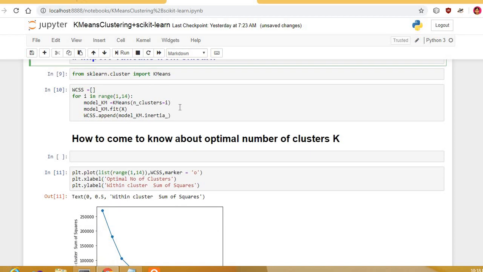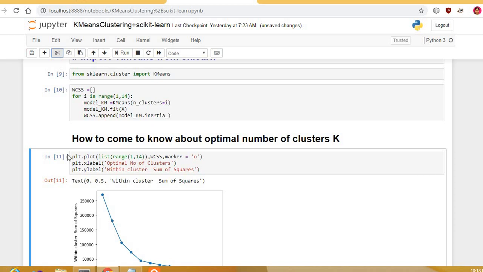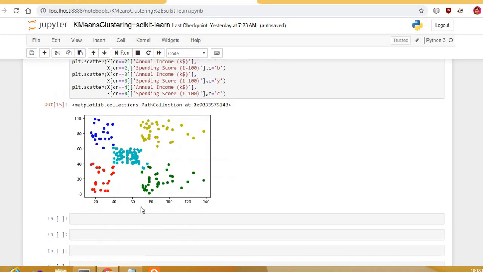Now there is one more crucial point: how to determine the optimal number of clusters k. Suppose I switch from this code to our results part. Here you can see there are 5 clusters, right? But what if the user inputs just 2 clusters? Then my results would have been inaccurate, meaning there is no guarantee of accuracy.